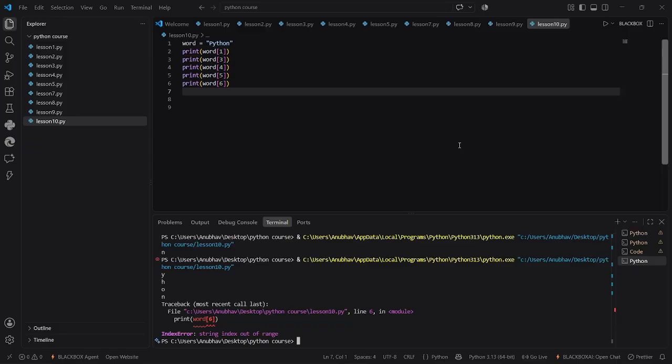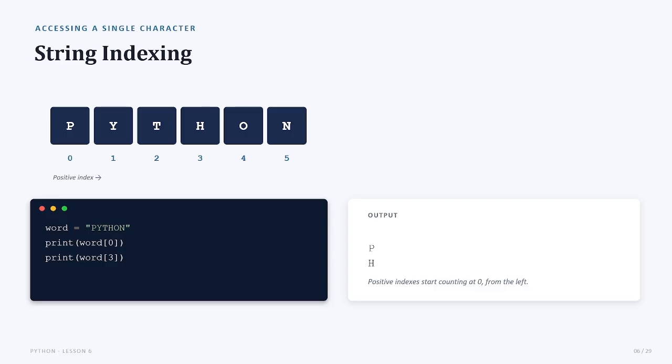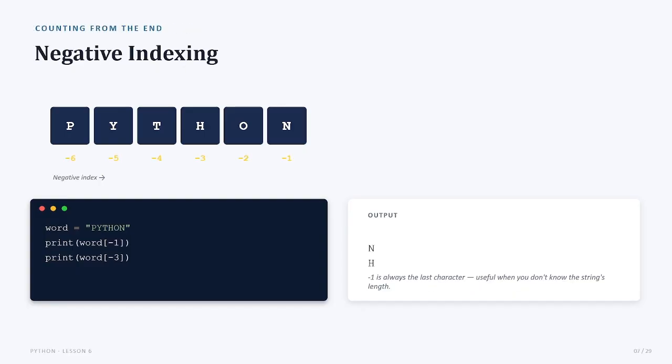So, remember the most important rule of indexing: Python starts indexing from 0, and the last valid index is always one less than the length of the string. Now that we have understood